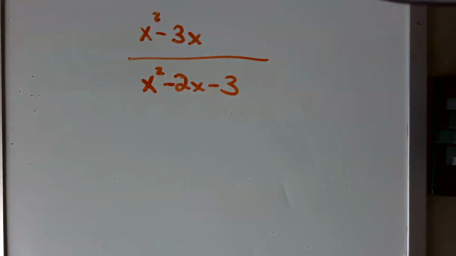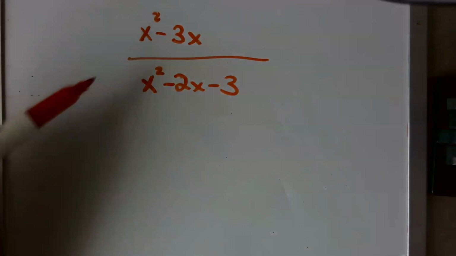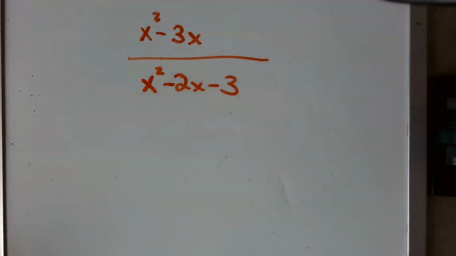Pretty much the first step in graphing rational equations is going to be to factor your numerator and denominator. If your factoring skills are rusty, go take a look at my factoring playlist. There are some great videos on there to help you. But assuming that your factoring is in good shape, when we look at this top equation, we have only two terms and no number terms. So we're going to start by factoring an x out of both terms, which leaves us with x times